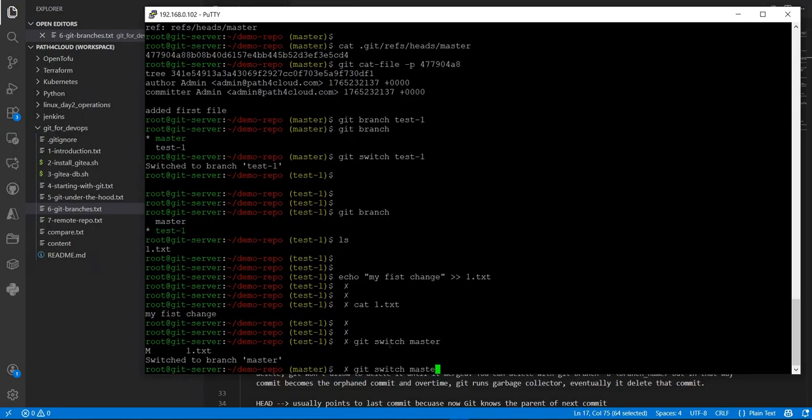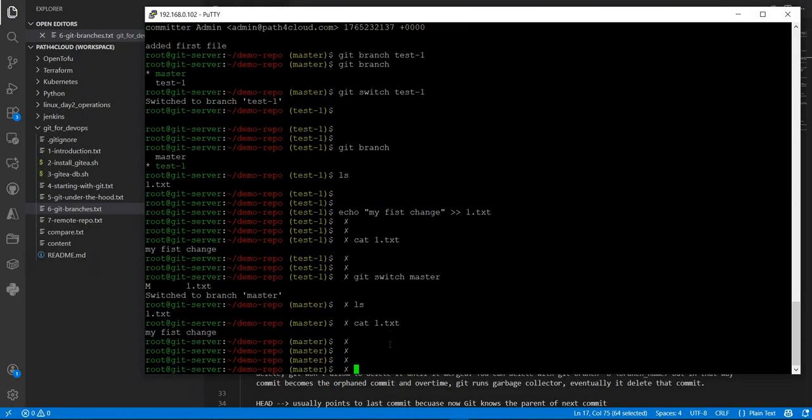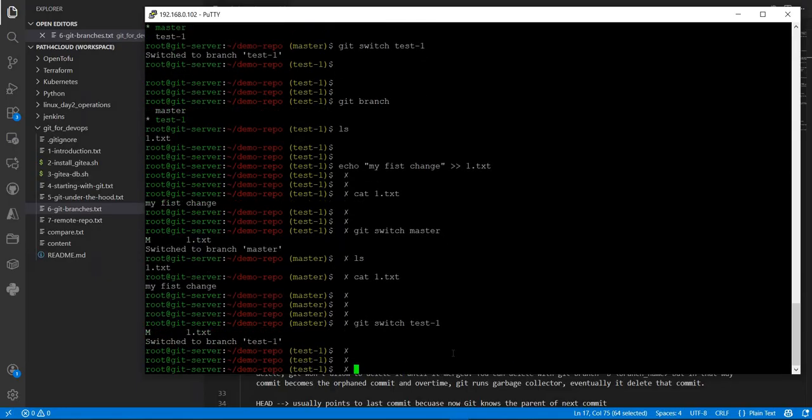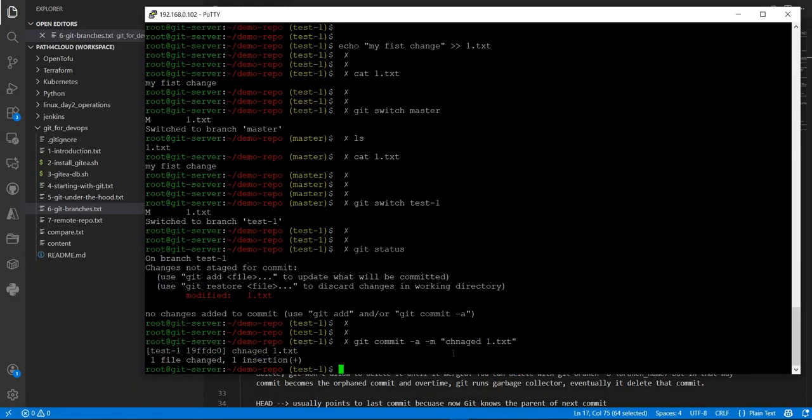Yes. Now if you see, okay, it was never pushed. One second. Let me go back to switch.txt and here we have this modified, right? So I will just say git commit -a -m changed one.txt and git